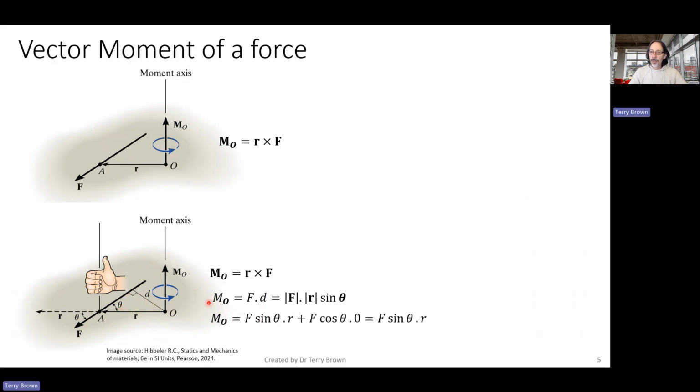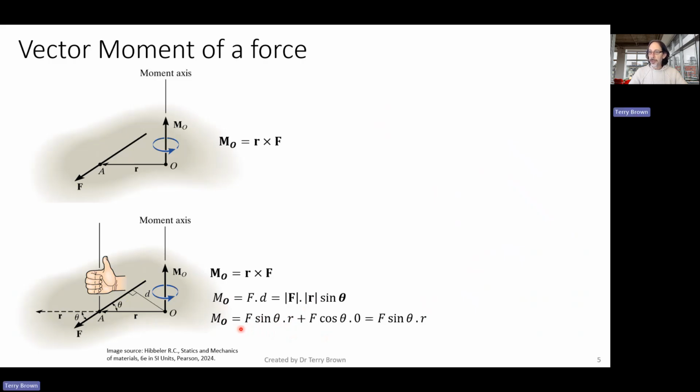So we can calculate the moment about point O by using the magnitude of the force times the magnitude of the position vector times sine theta, where theta is the angle between the position vector and the force vector. Okay, so again, just rearranging that and expanding it,